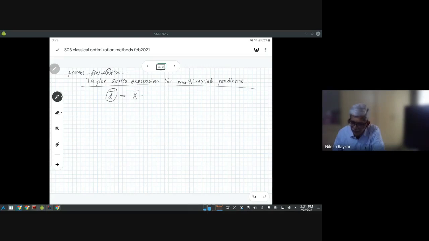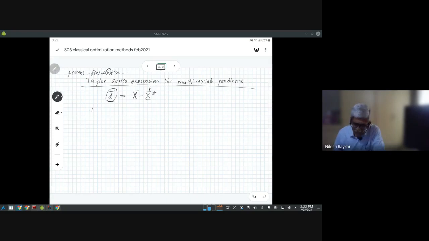the difference from your point of interest, that is x bar star. About this point, you want to know the variation, and this x bar is away from this point of interest by a vector which is arbitrary. Just like h can have infinite values, this d bar can have infinite directions and infinite magnitudes. The only thing is, its magnitude is small. For this expansion to work, the magnitude has to be very small.